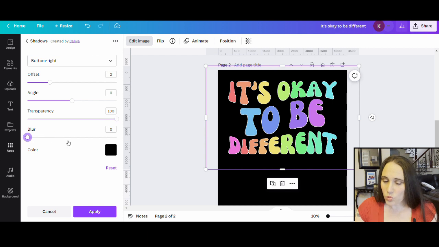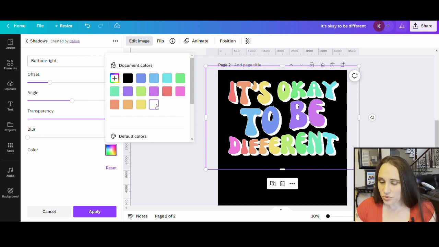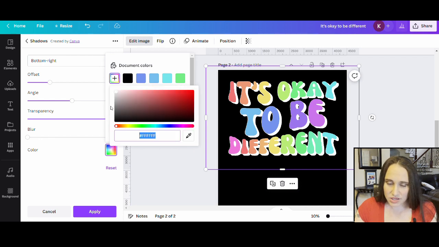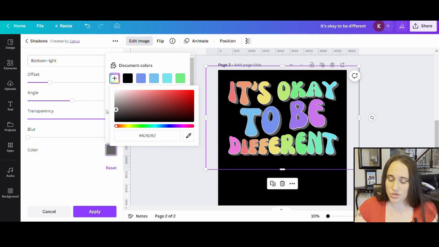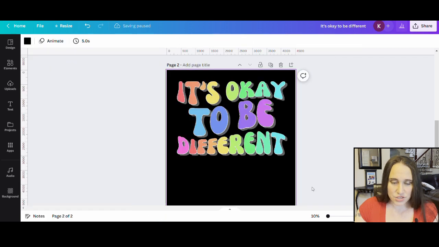I'm going to go ahead and show you with a white how that would look. So that would be your drop shadow in white. So the white is, you know, it's white, it's bright. And again, I can change colors here. So now if I wanted to do a drop shadow and maybe I want it to be a little bit more gray, so I could do it something like that. So it doesn't have to be entirely white. I could make it so that it's just, you know, different colors. I can make it so it's more of a really dark gray. So it'll pop just a little bit on a dark shirt, but it would definitely pop a lot on a white shirt. So that's how it would look on a dark shirt